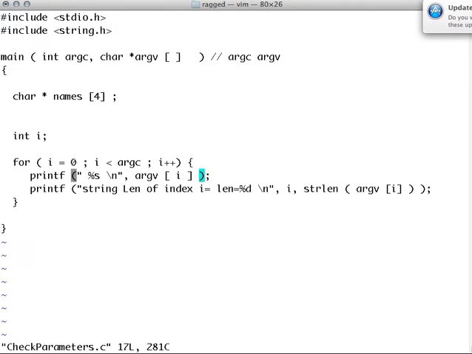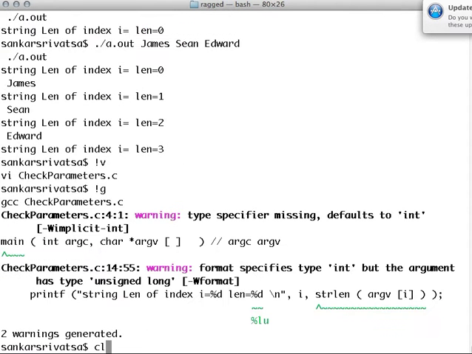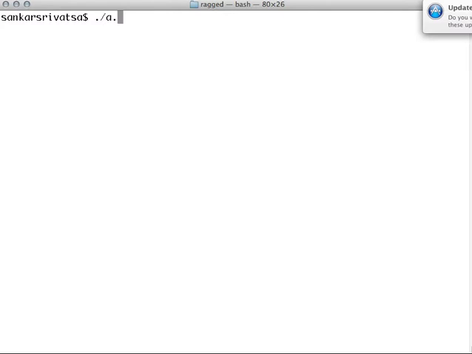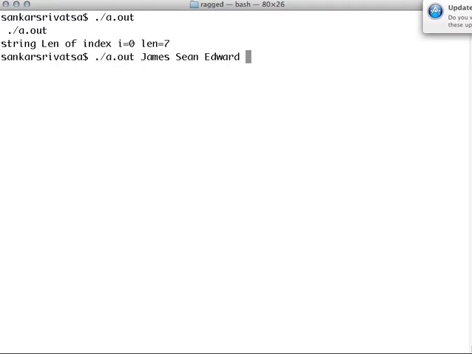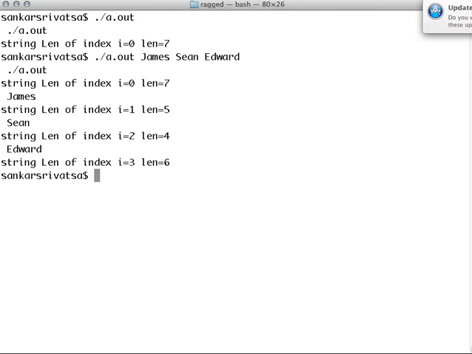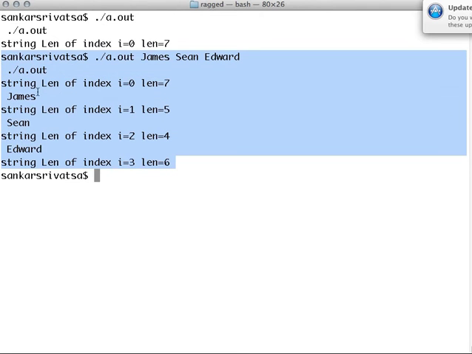That's because we didn't put the percent. So we're able to do that. See that? So I'll copy this